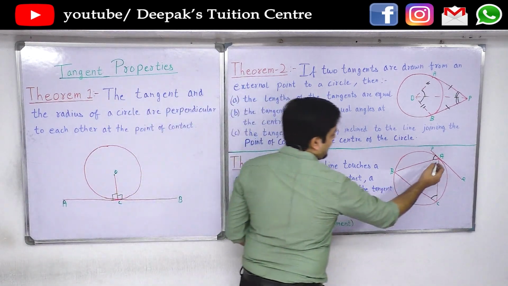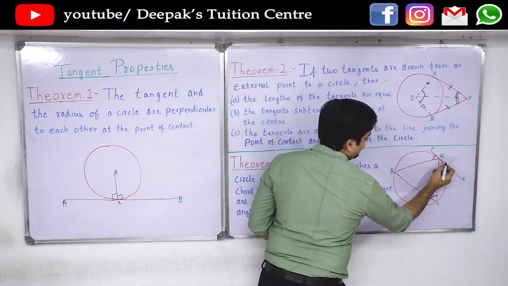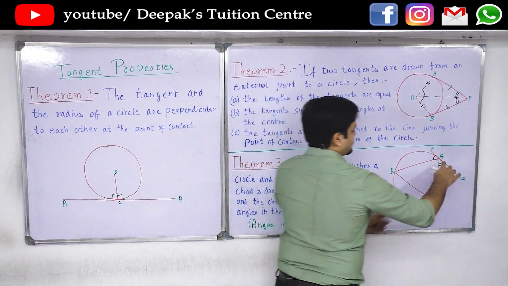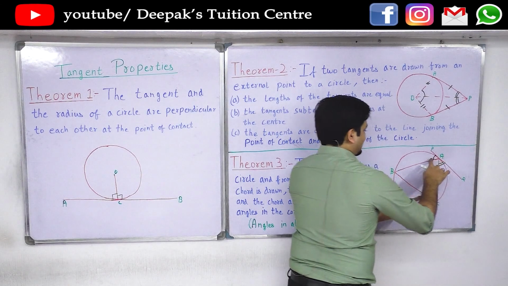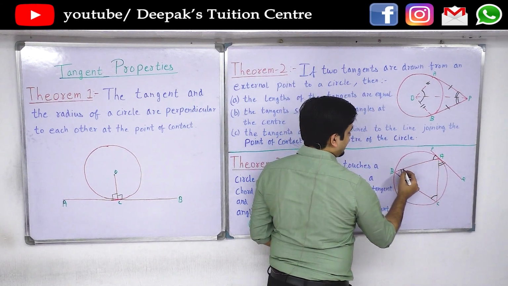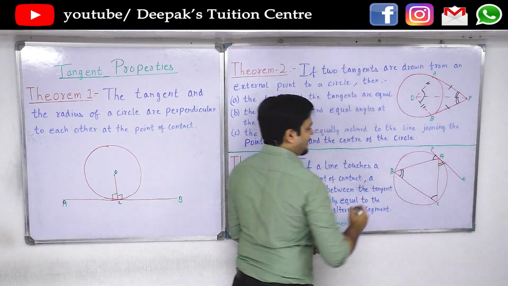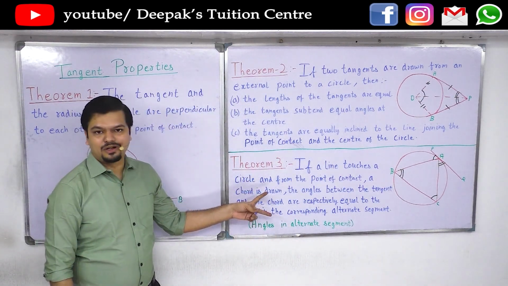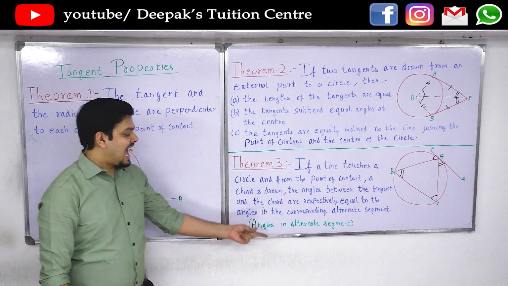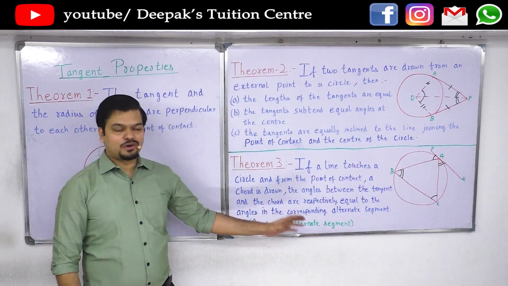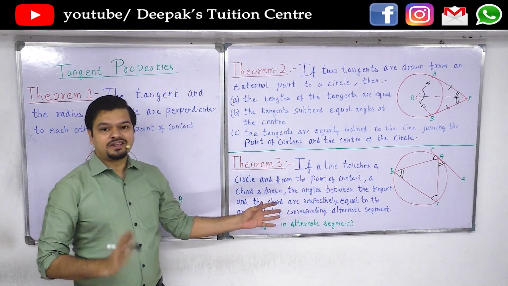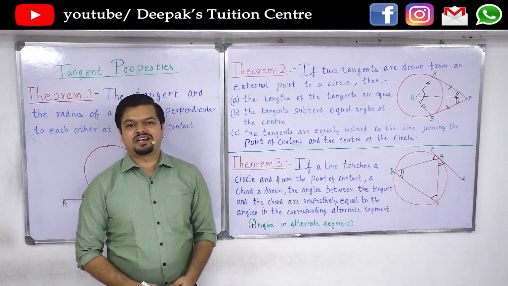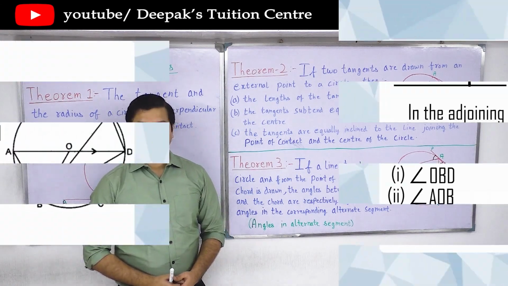Similarly, if you take the chord as AC, then this will be the angle considered between the tangent and the chord. This chord subtends an angle at B, so these two angles will be equal. A good part about this theorem is you do not have to memorize the whole theorem. You can write it in short: angles in alternate segment. You just need to understand its application and simply write angles in alternate segment as the reason.